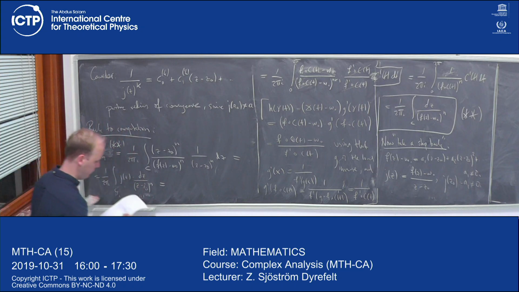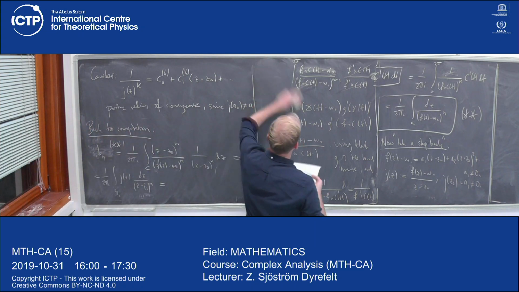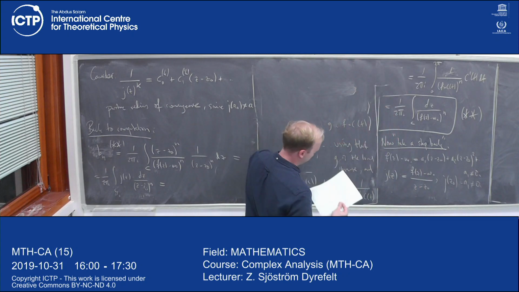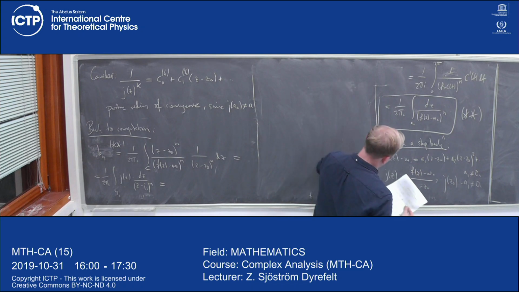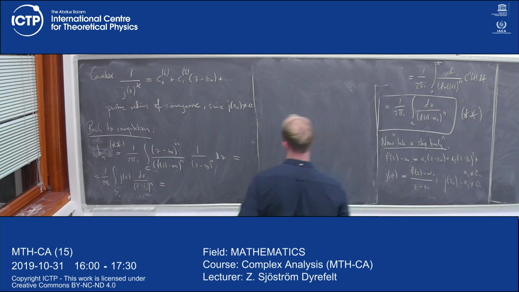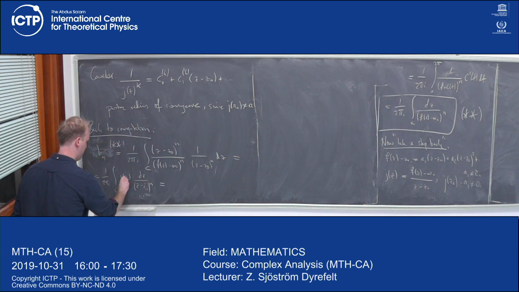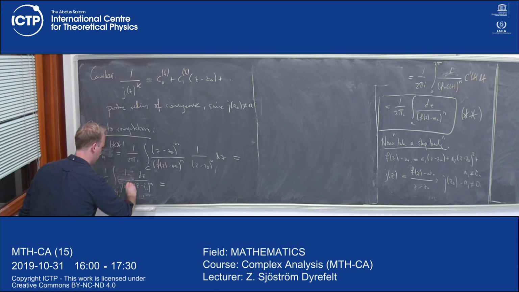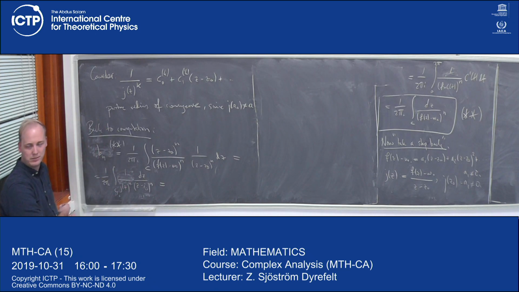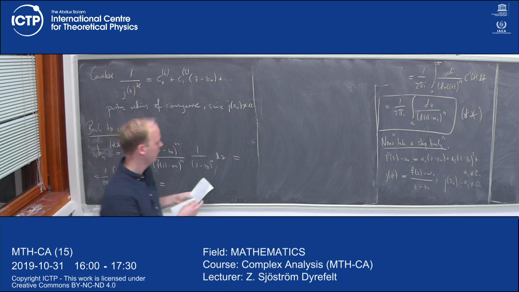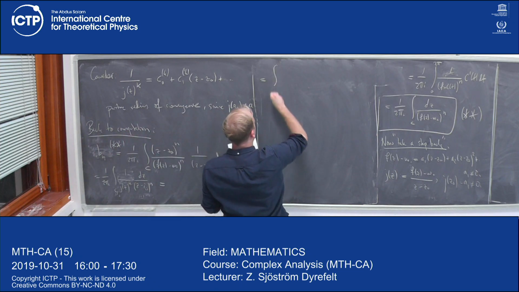And now to continue, we will have to justify again, as usual. If we want to be completely rigorous, we should justify interchanging the integration and sum. j to the n. 1 over j of z to the n. Okay. That's what it is. Thank you. And this is this one to the n. So this is equal to the integral,